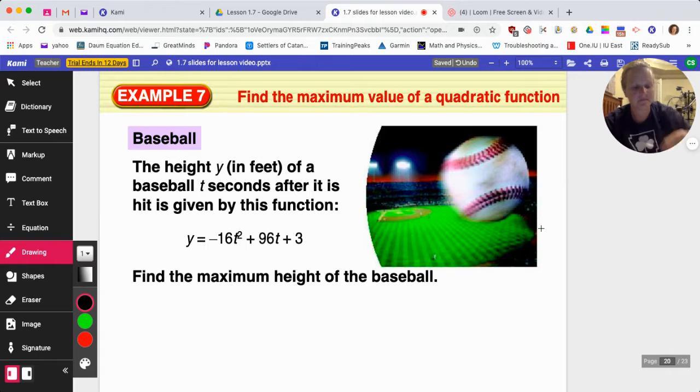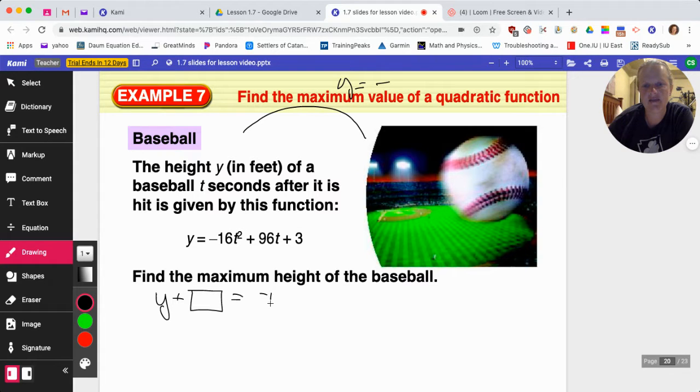All right, example 7. Find the maximum value of a quadratic function. The height, y, in feet of a baseball t seconds after it is hit is given by the function. You know the baseball's going to get hit, and it's going to go up. So we're going to have a negative equation because it's an unhappy parabola, right? And we do. So it's given by this function. Find the maximum height of the baseball. We can figure it out. I could put it in Desmos and graph it, or I can put it in vertex form and figure it out a lot better. So let's go ahead and do y plus a box